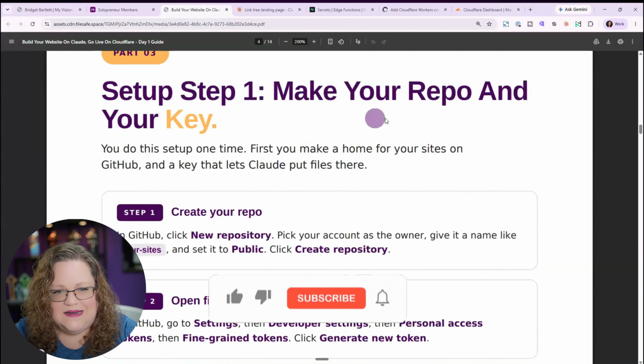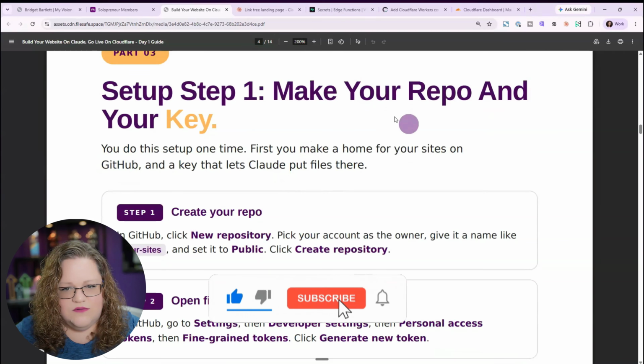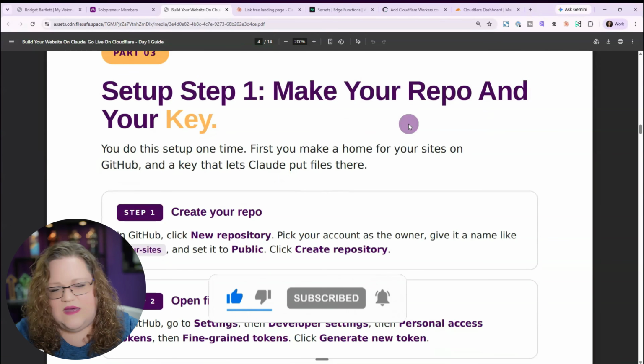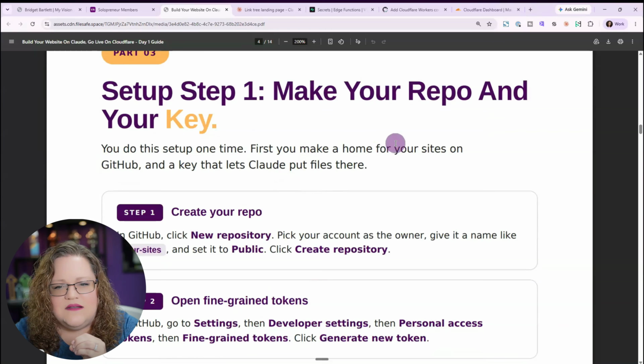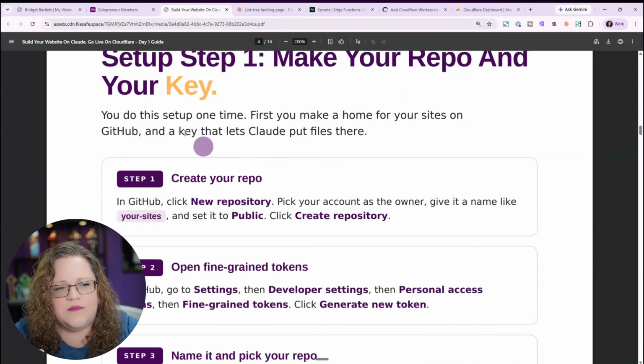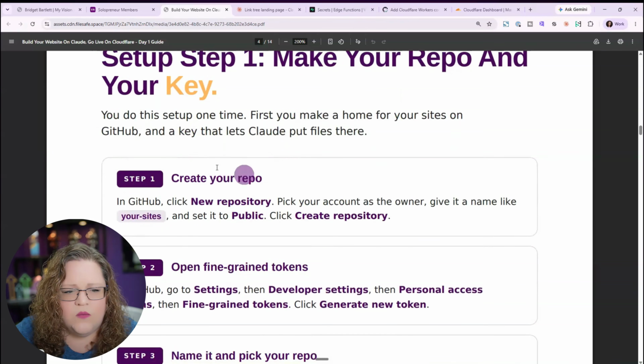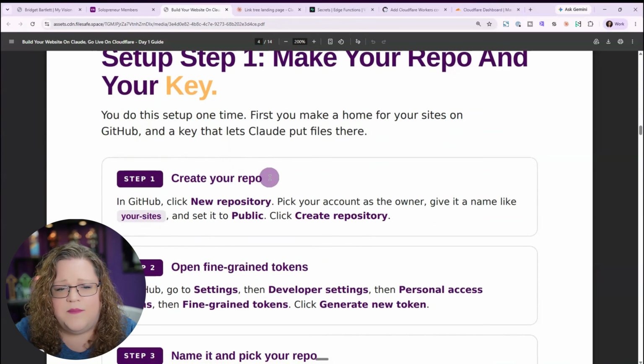Okay, so the setup. I'm going to go through this with you guys. And I do have a video that I've shared with you before because it is hard for me to do this live with you because it does share a fine-grained token for my GitHub repo. Obviously, that's secure information. It's like a 2-minute video. I do want to run you through it real fast so that you can see from beginning to end the entire process. But just real quick here, what we're going to do is create a repo inside